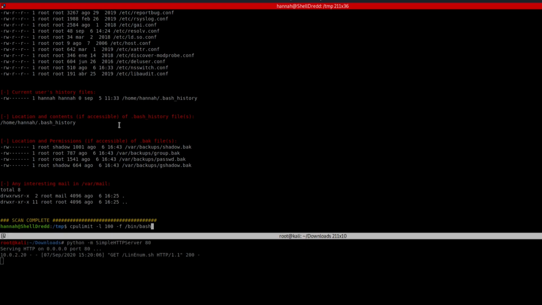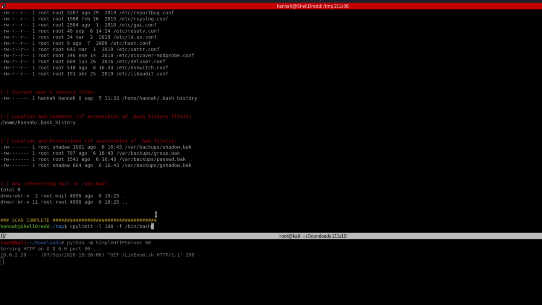So what this actually does, CPU limit, I've done a bit of research on this, is it tries to restrict a process. For example, I've given /bin/dash. It tries to manipulate that running process and restrict the CPU resources that the process is trying to use. So that is what basically CPU limit does.